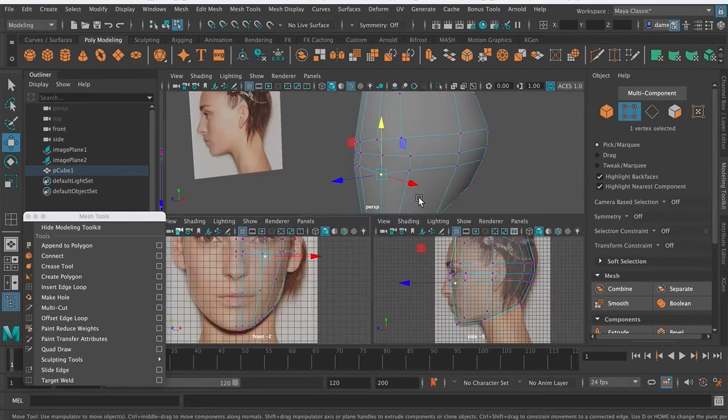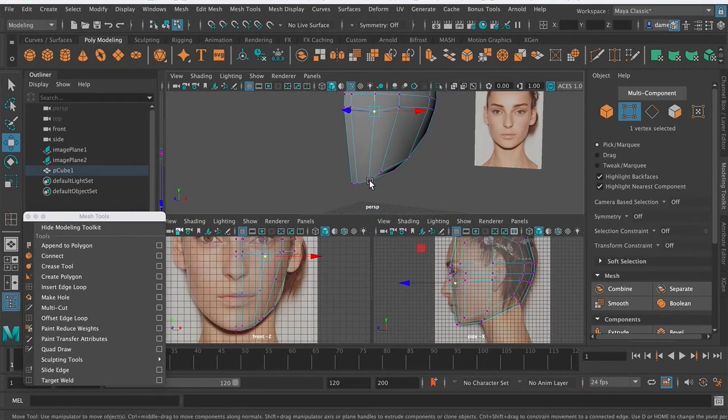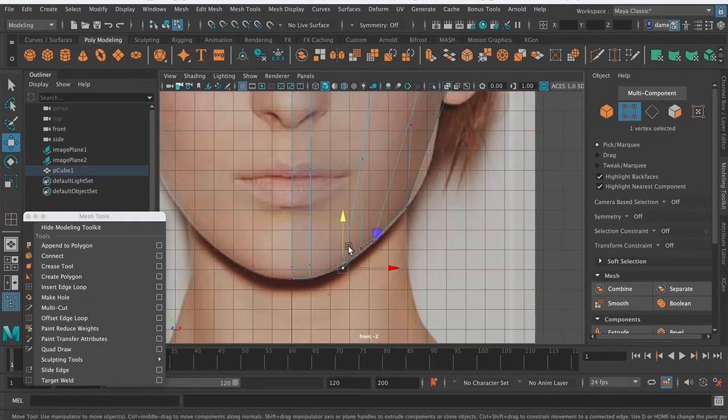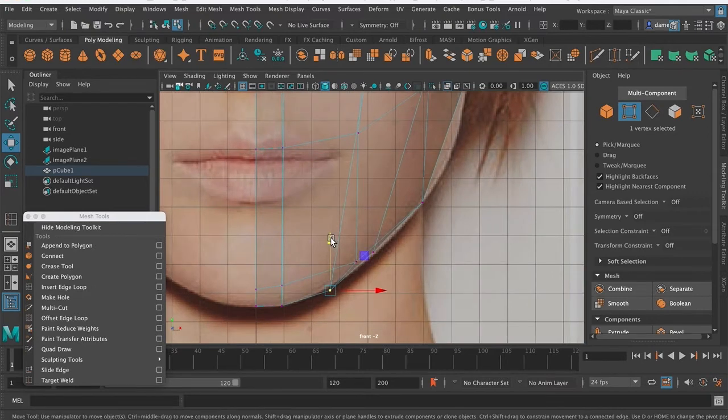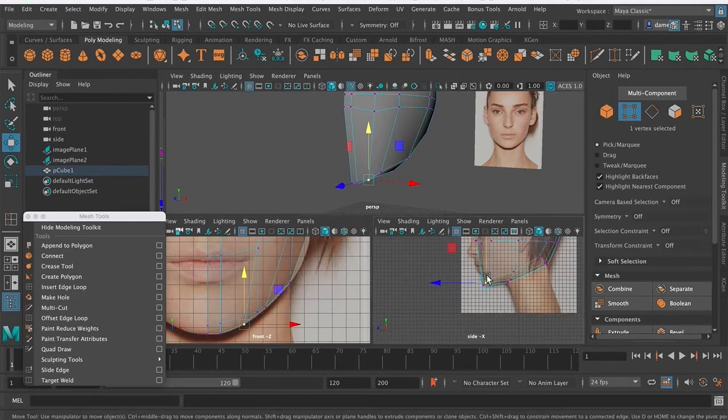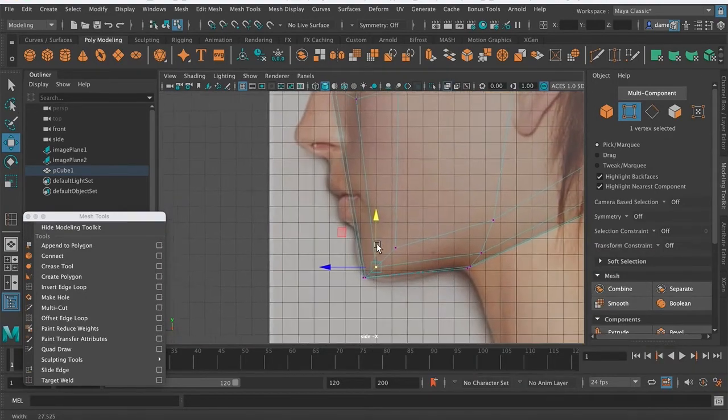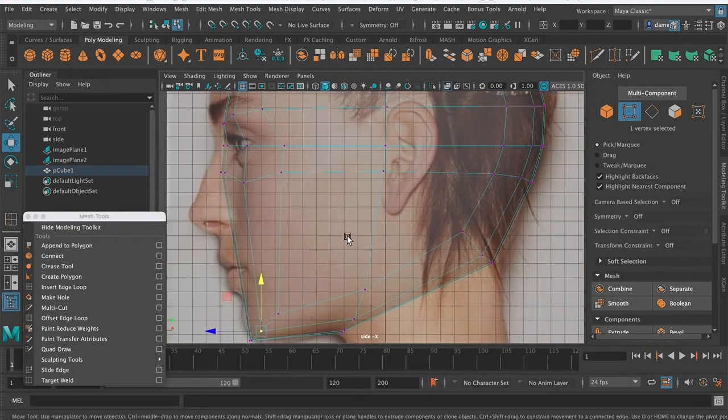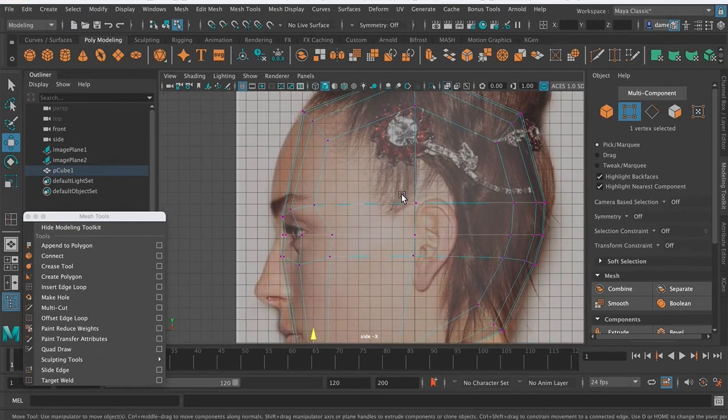Not really micromanaging it here. Here, that is already pretty nicely tracing the jawline. That honestly looks good just everywhere else, so it doesn't need a lot of adjustments there. So, next up,